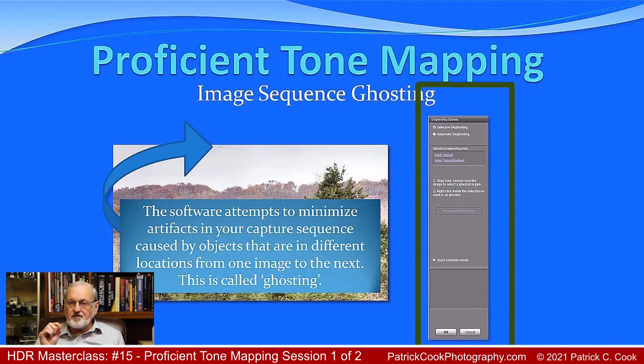And in the field, you may not even notice that. But when you're bringing your sequence merged together, then all of a sudden that becomes a problem. So you always want to pay attention to the ghosting or the deghosting functionality during your merging